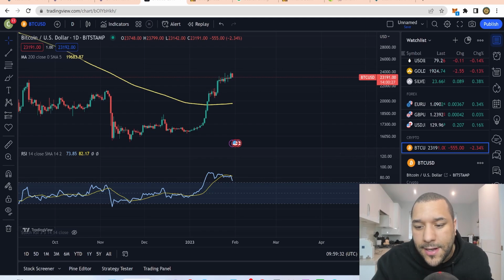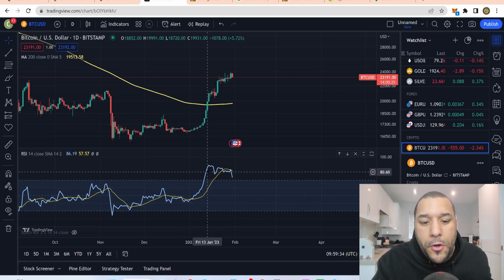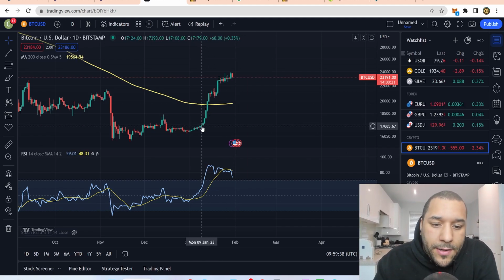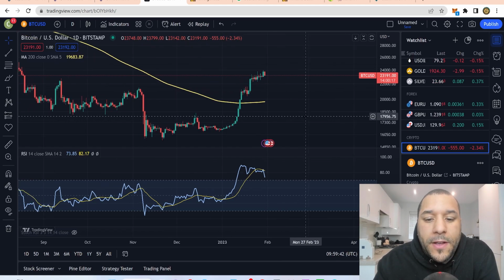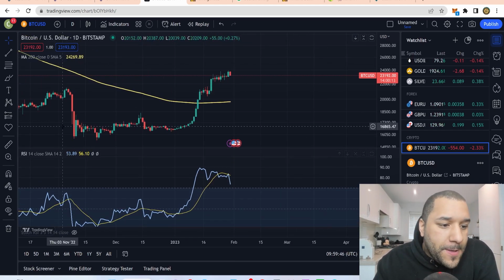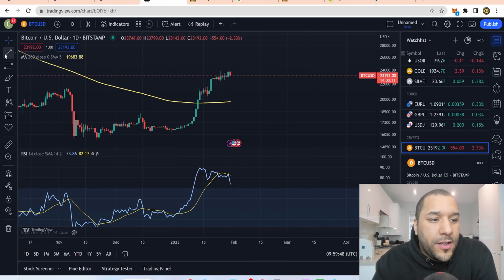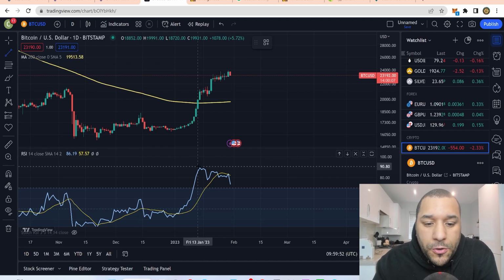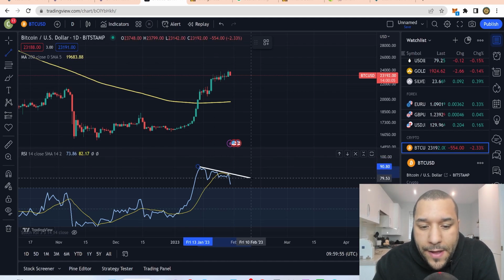So as you can see, this RSI is saying that Bitcoin's been overbought, right? People are buying it too much. And then you can see the Bitcoin price here. This was the first thing I wanted to show you, because it's forming something called a bearish divergence. And what do I mean by that? Well, a bearish divergence is usually a bearish signal, meaning that price action may fall, and it usually happens when